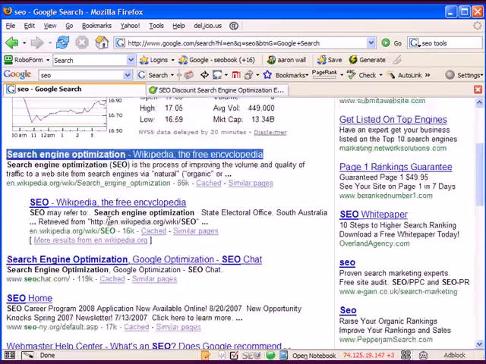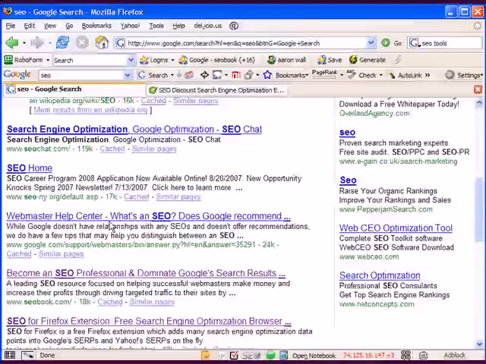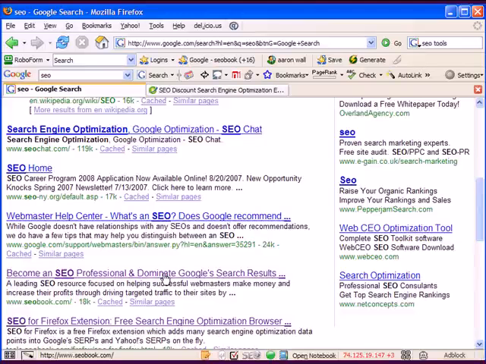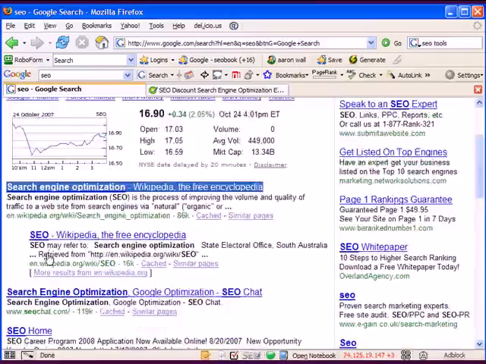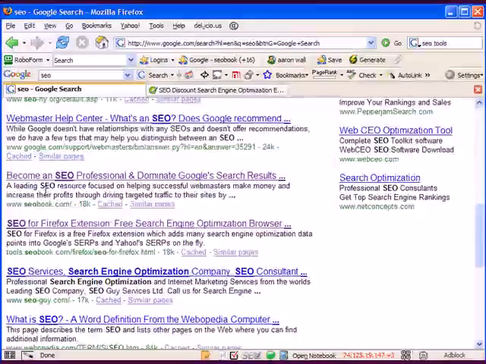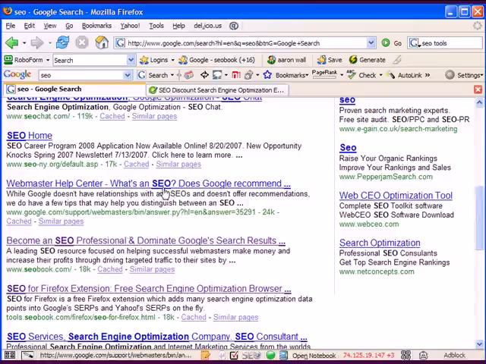So another tip with page titles is that you only get so much that shows in the search results. I believe the current limit in Google is the first 65 characters. So you want to keep your page title to 65 characters or less, or if you run over, make sure you get the most important parts at the start of that. It also helps to use the keyword you're targeting near the start of the page title. That way, when people are scanning, they can see the relevancy because it bolds it, it pops out, and they're looking for that, so it's good to have it.